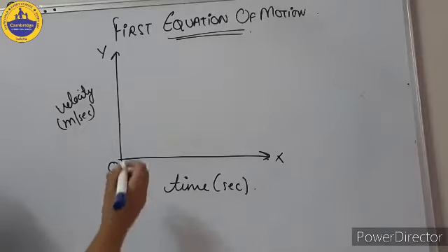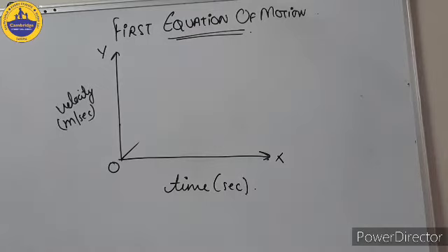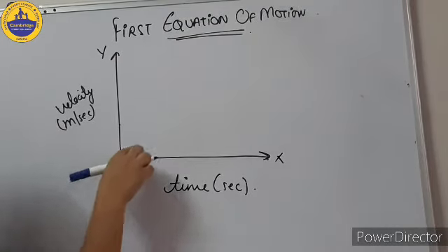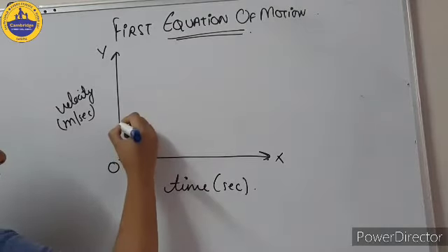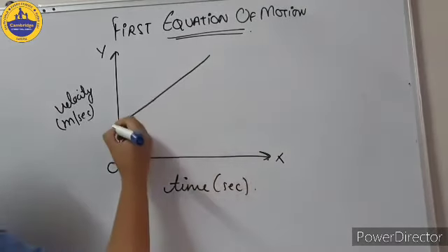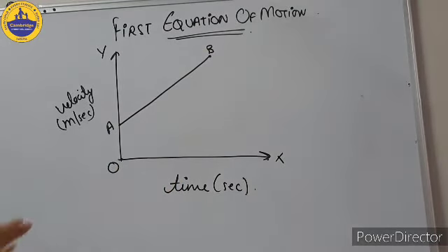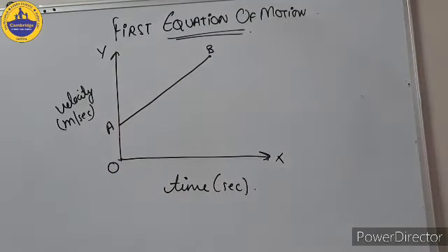We are going to start the object not from O, from the origin, because if we do that, it means that the initial velocity is always going to be 0. Fine, means it will always start from rest, but it cannot be. So we start from a point other than O. Let's say we start from here. This is point A and this is point B. A is the point from where your object is going to start. B is the point where it is going to end.